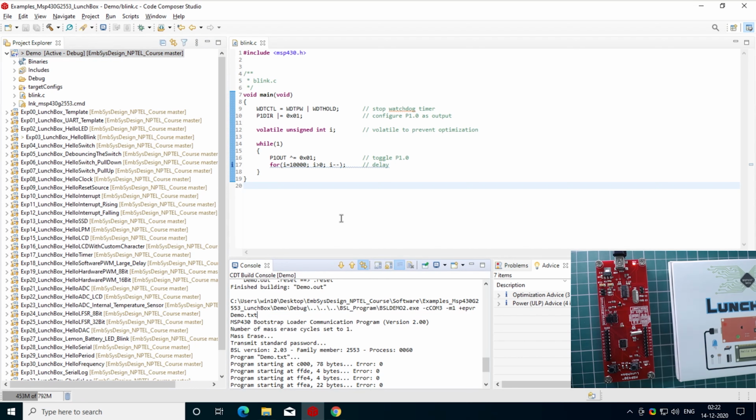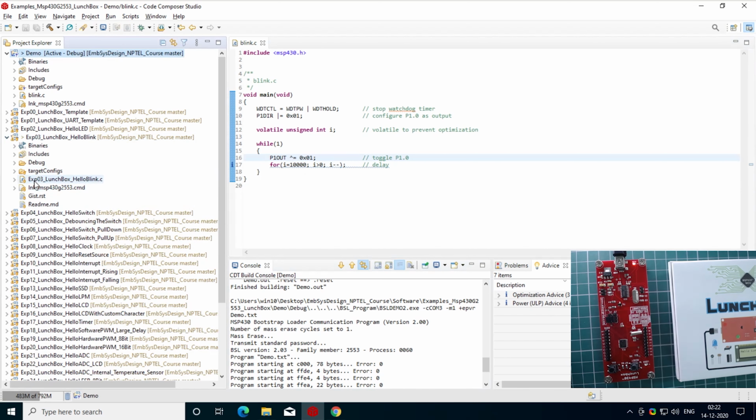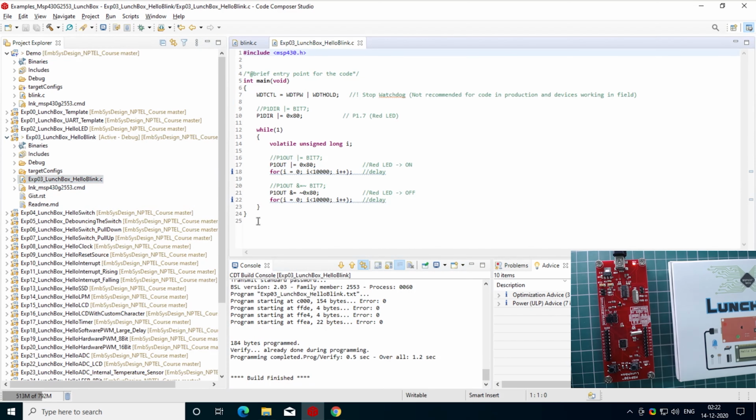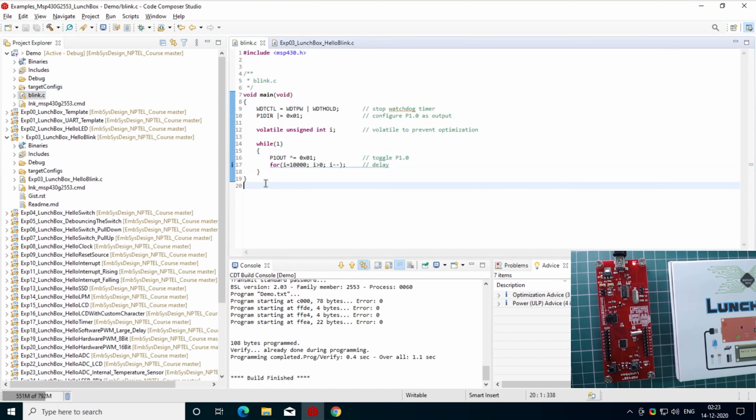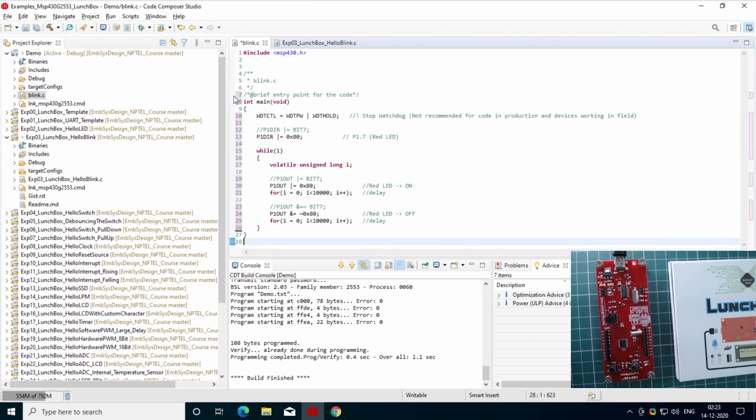On the right side we will see that no change is being detected, because we have not used the LED pin over here to perform the blinking. We need to set the LED pin to output and perform some blinking operation. We will just copy paste the code from our experiment number 3.